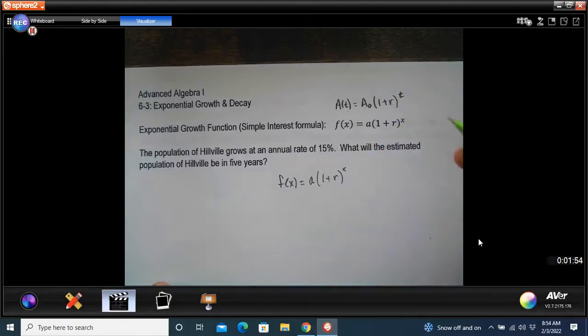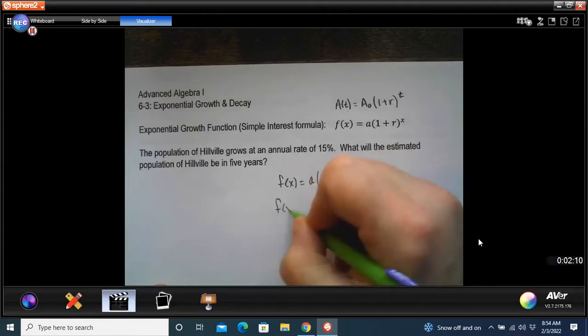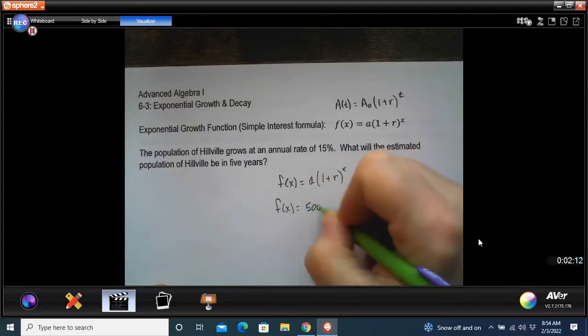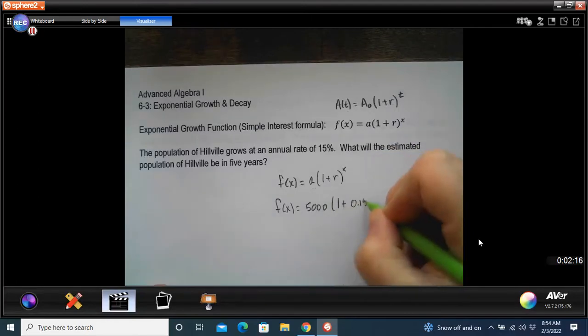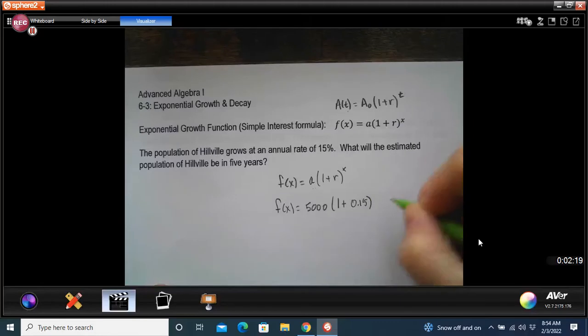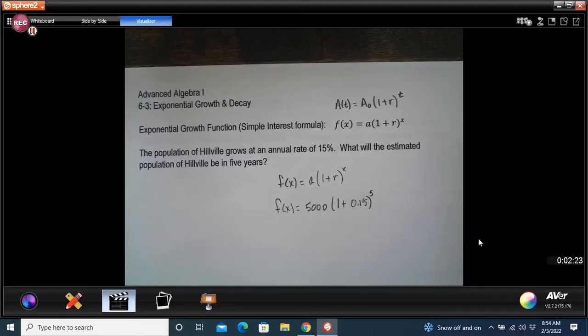I must not have typed this in, but in the original problem, the original amount is 5,000. F of x equals 5,000 times 1 plus 0.15, I don't put the percent, I use the decimal, and what will be the estimated population in 5 years. Then we go to our calculator, and